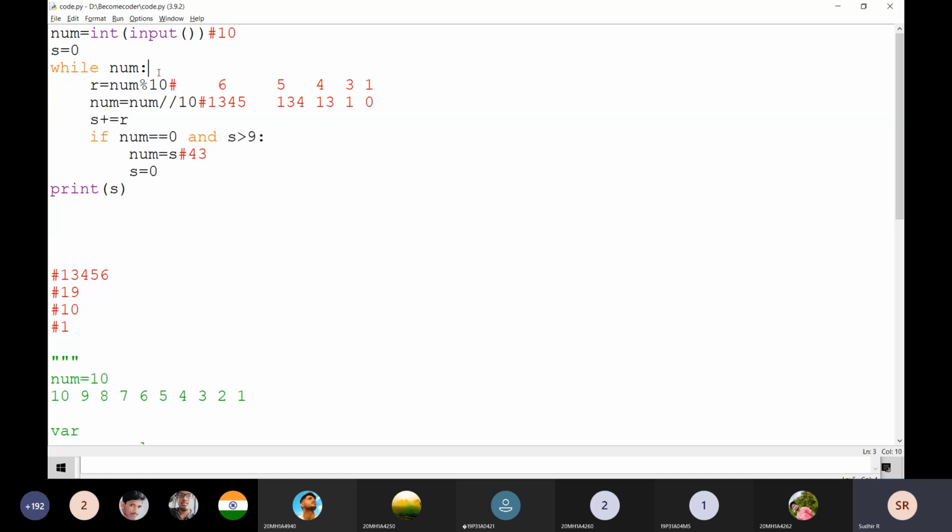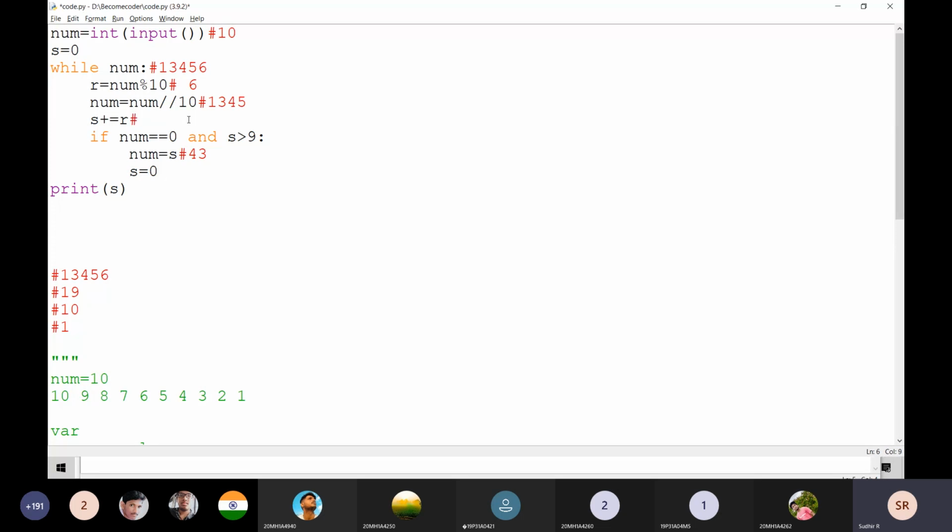Then now it is going to be 43. Now I'm going to work with this number. Just listen carefully everyone. At this position, the R value is going to be 6, and this is going to be 1, 3, 4, 5. I am going to add the values.